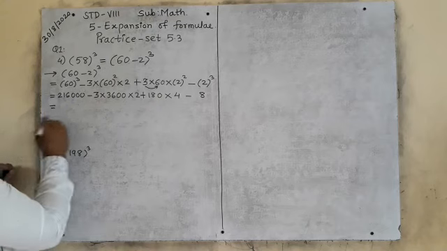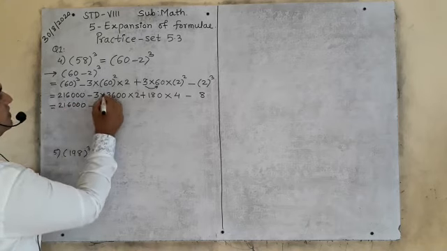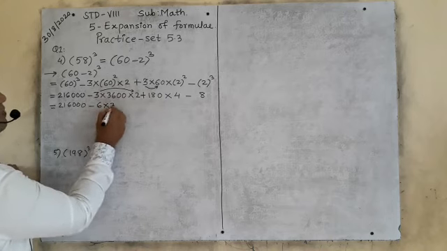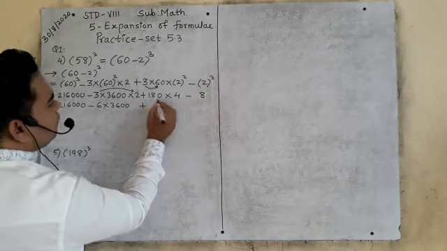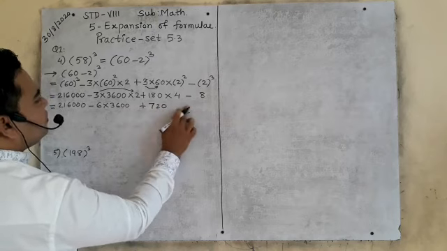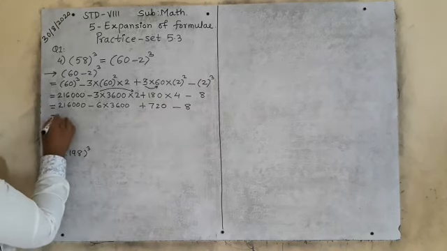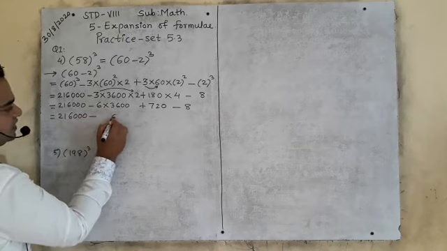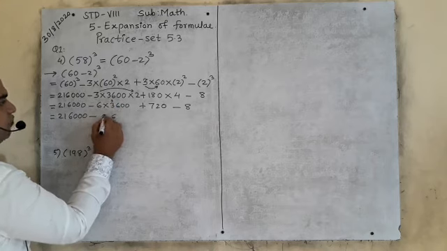So now I will do the further solution. Now this will multiply this: 3 2s are 6. See, 3 2s are 6, multiply by 3600, plus 4 zeros are 0, 4 8s are 32, 4 1s are 4 and 3, 7. Okay, it is 720 minus 8. Now this is to be solved. So you will write 216,000 minus 6 6s are 36, carry 3, 6 3s are 18, 19, 20, 21.